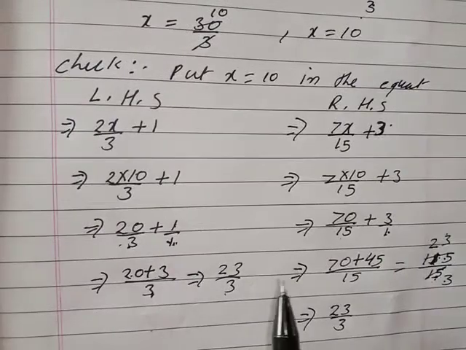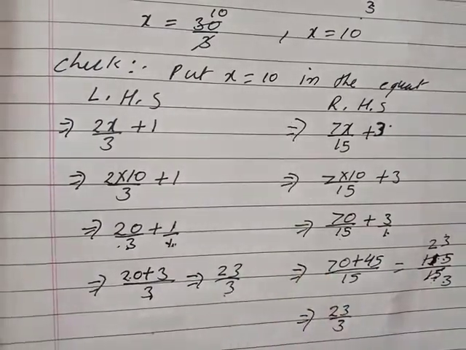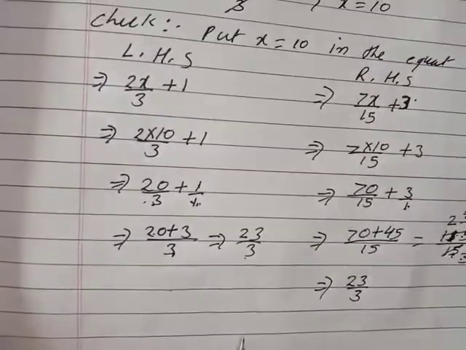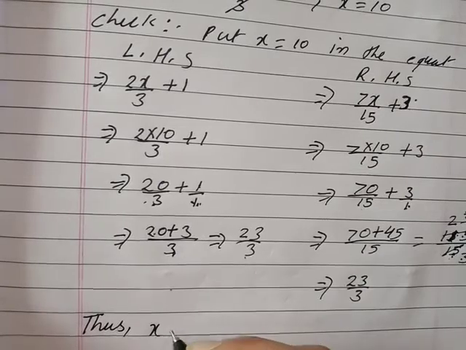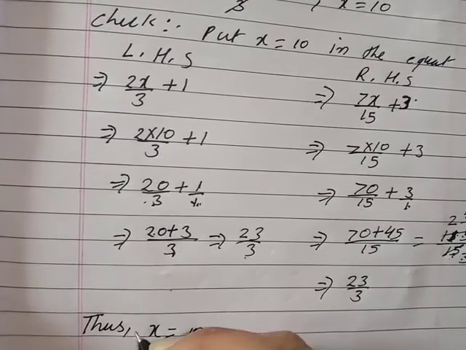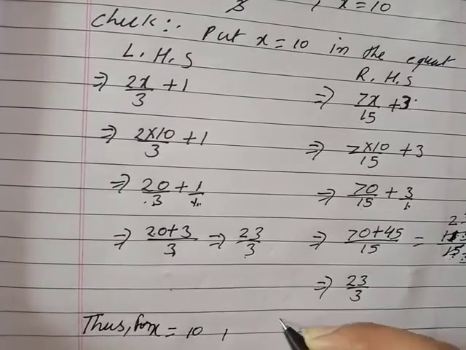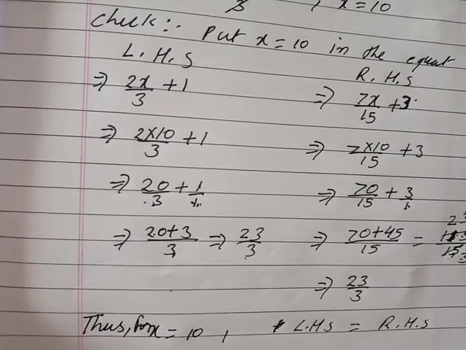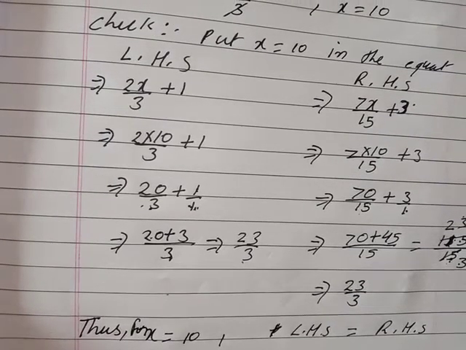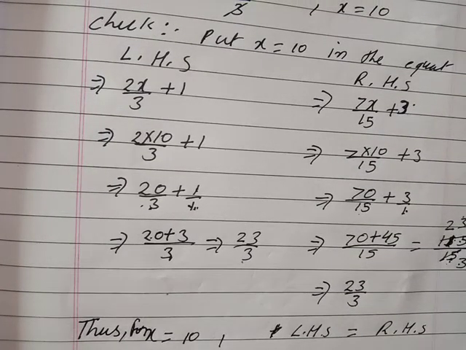Now see, LHS and RHS both parts are equal for the value of x equal 10. So thus, for x equal 10, LHS is equal to RHS. That's it. Okay, this is for question number 8. Now for question number